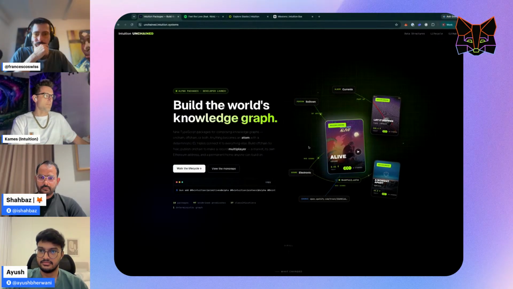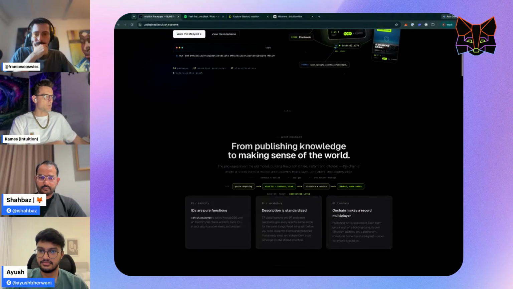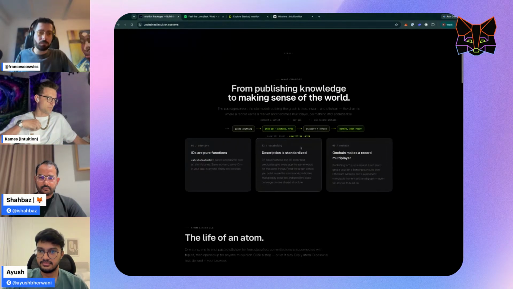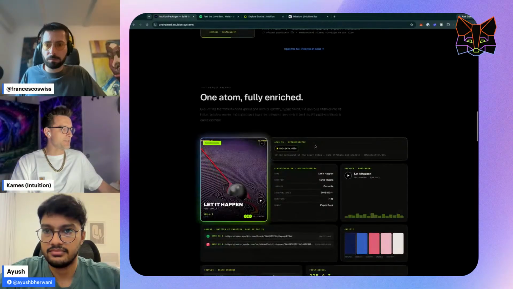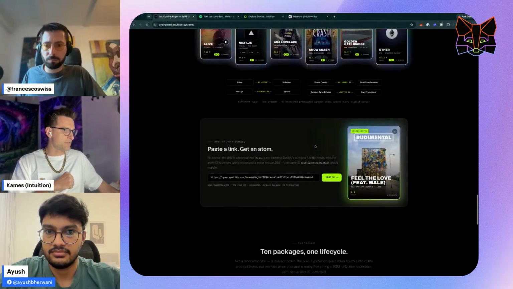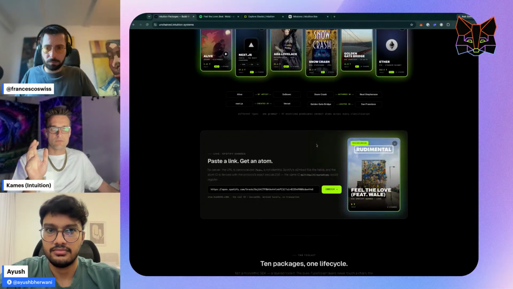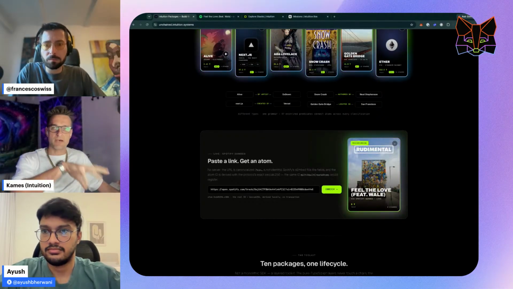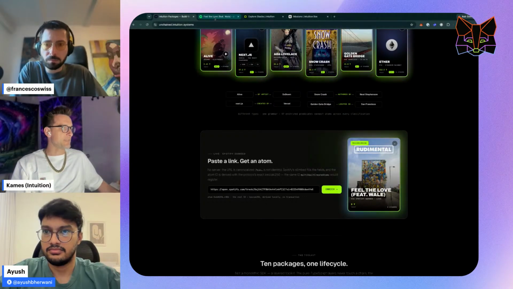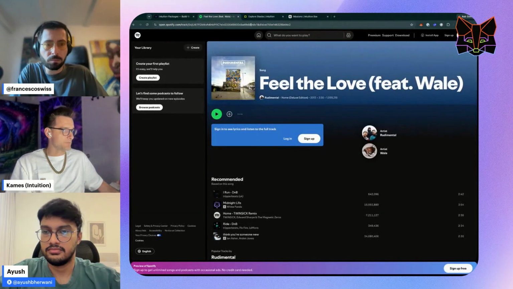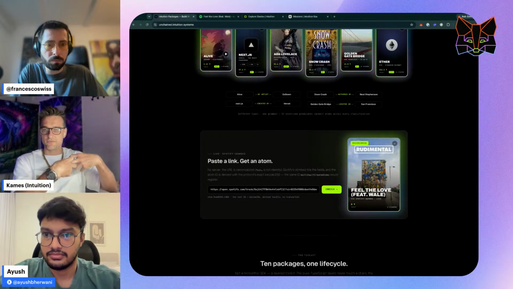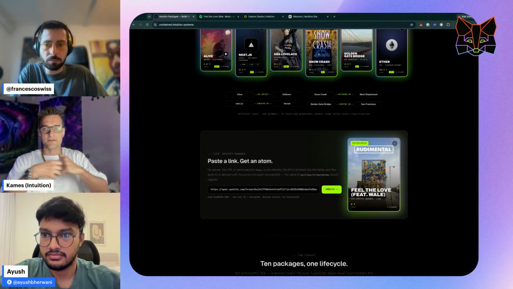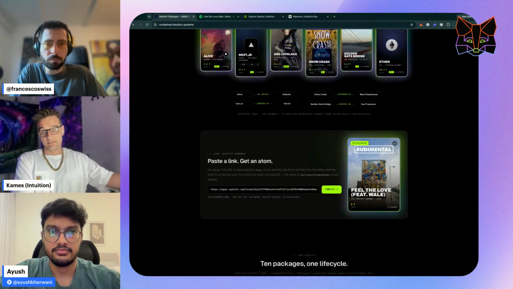I want to quickly show the concept of how this works. We recently published packages that allow you to generate these atoms deterministically and counterfactually. Like I mentioned before, it allows you to take any link on a website, whether it's a link from Wikipedia, Spotify, Amazon, etc. If I have a Spotify link open, I take this URL, paste it in here, and hit enrich. Now I've created an atom. This lives in our database counterfactually, but a market can now exist for this.